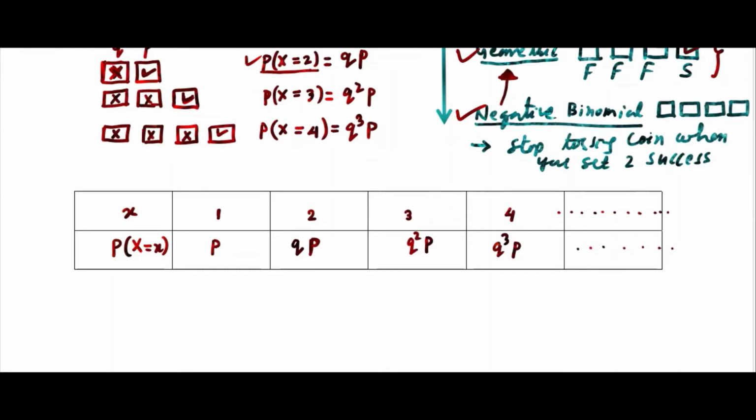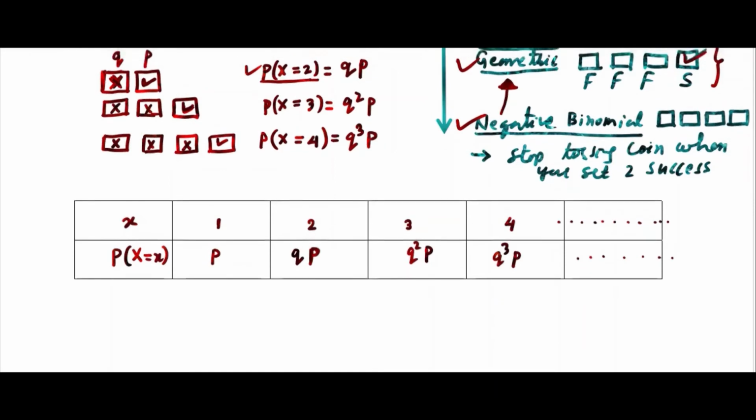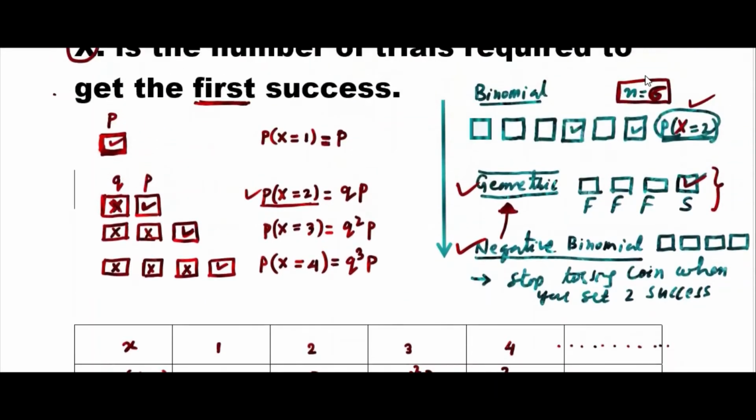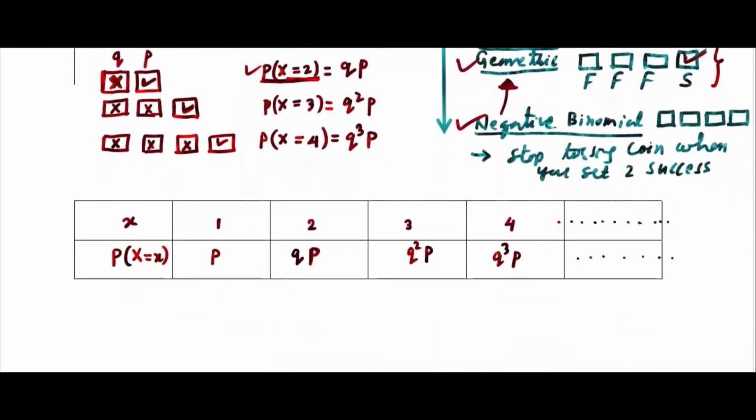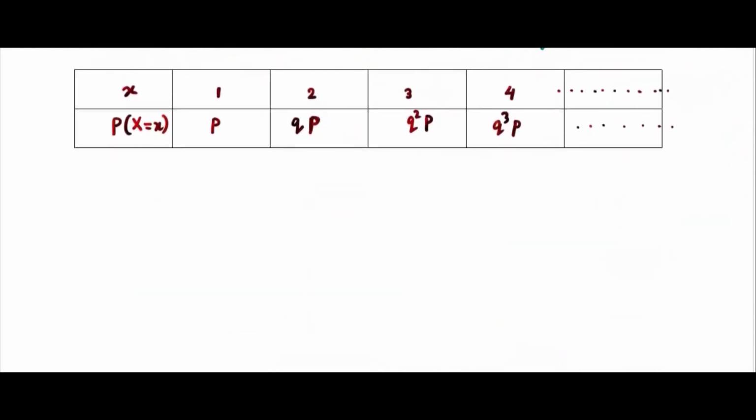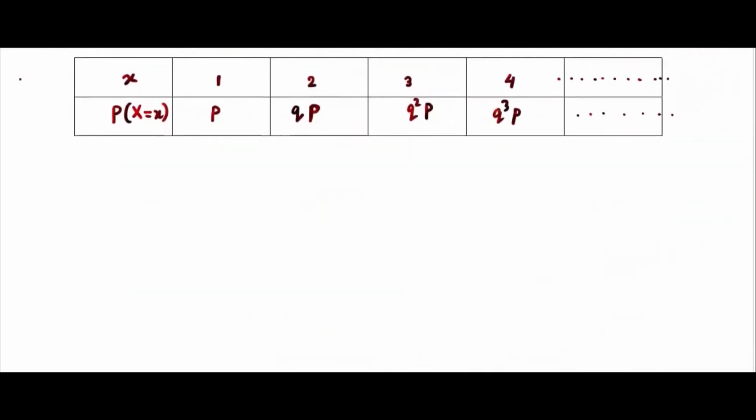We can't end it. Number of trials are not fixed here. And remember, we are not finding the probability of number of successes here. When we say 2, we are talking about 2 trials. You count the trials, not successes. Success is fixed here, 1 in geometric. You are counting the number of trials required, okay. This is geometric distribution of type 1, and we'll try to find the mean and variance.